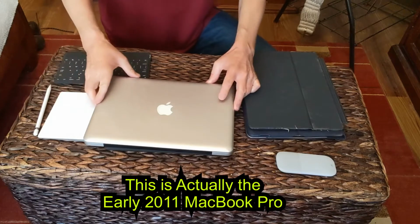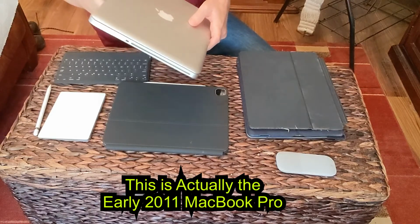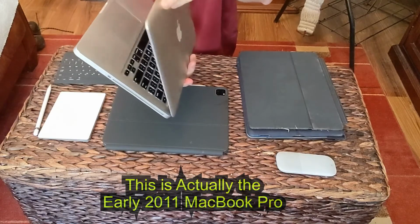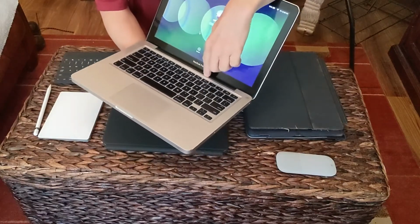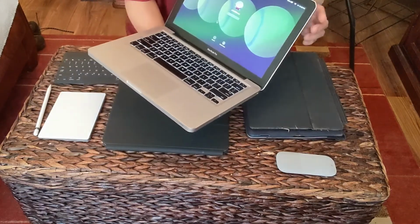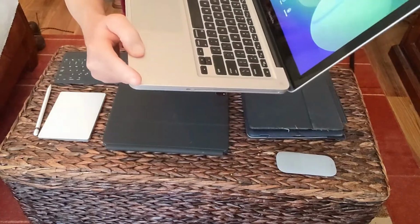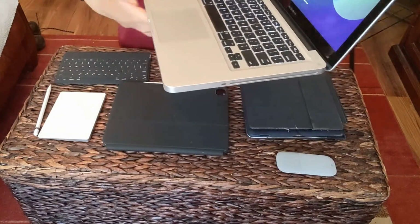Now, I brought this. This is my sister's, and my niece used it before that. My sister after that. And this is the 2011 iPad Pro. And I love it. I redid all the internals. It was cracked. If you can see this plastic bar that goes over the hinge, that was cracked because my niece had dropped it. And she didn't, that I know of, shatter the screen. She just dinged the edge, as you might be able to see right there. She dinged the edge, and then she cracked this part. But